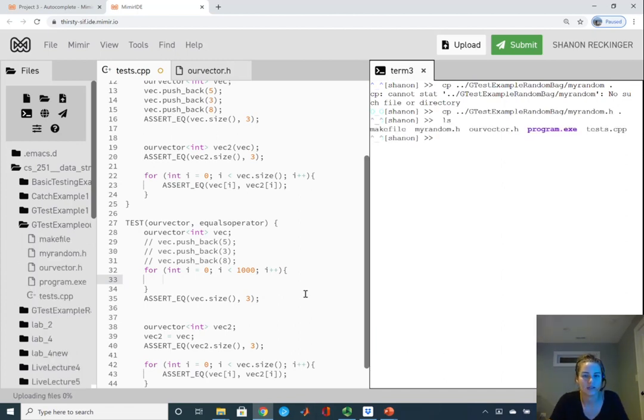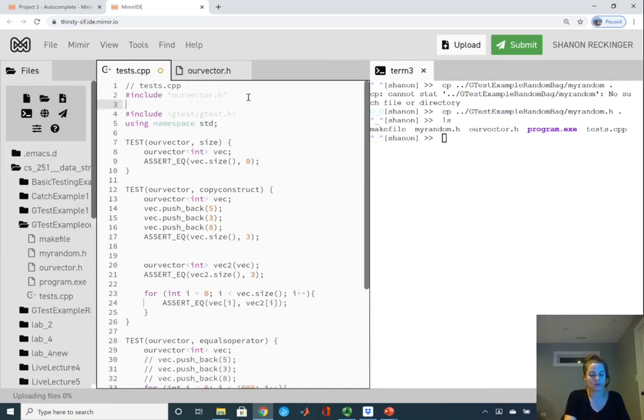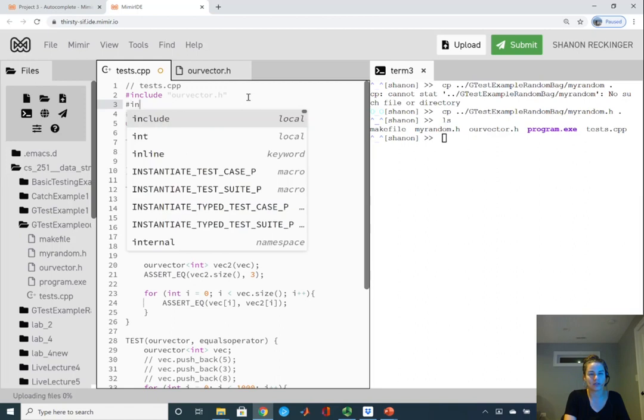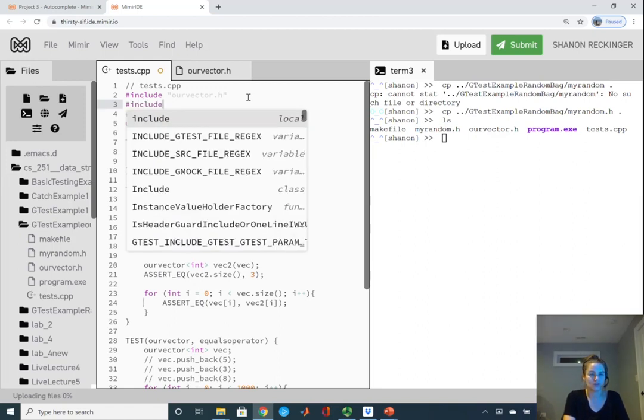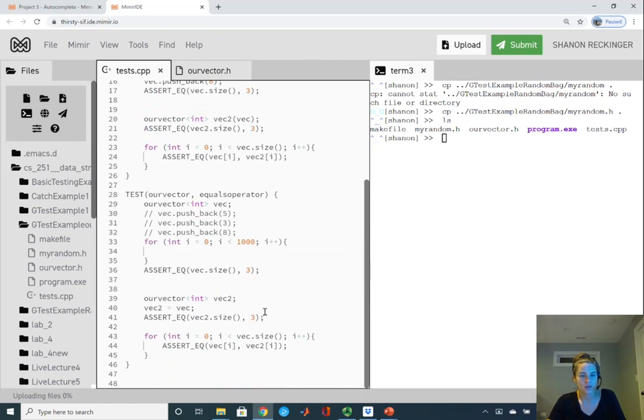Alright, so we got that there. Let's include it, and that way we can use our random integer function. It's just a little bit nicer than just calling rand or srand to generate the numbers, because then you always have to do all that work to get it to be an integer or in a range that you want. So we'll call myRandom. Then what we're going to do is, instead of doing push_back i here, let's push back